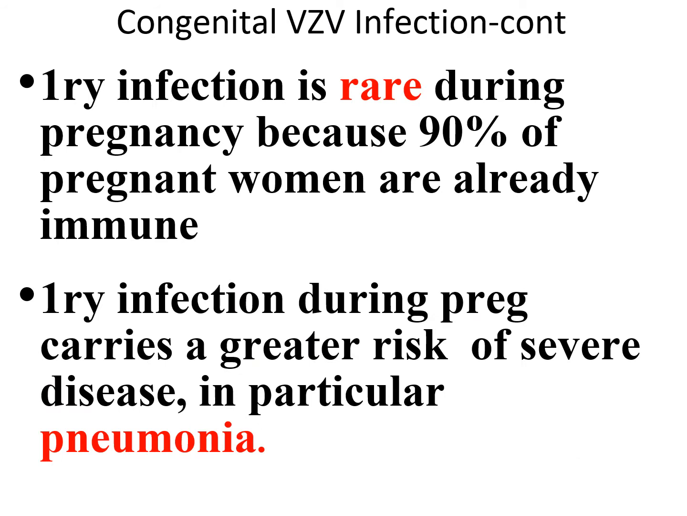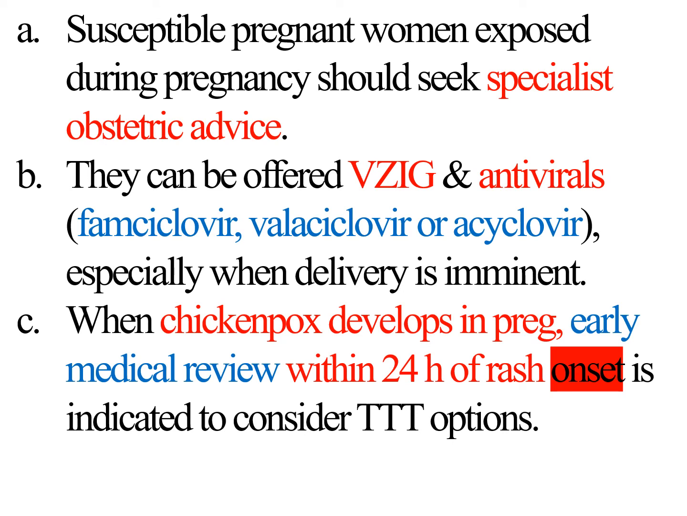Primary infection of congenital varicella is rare during pregnancy because 90% of pregnant women are already immune. Primary infection during pregnancy carries a greater risk of severe disease, in particular pneumonia. Susceptible pregnant women exposed during pregnancy should seek specialist obstetric